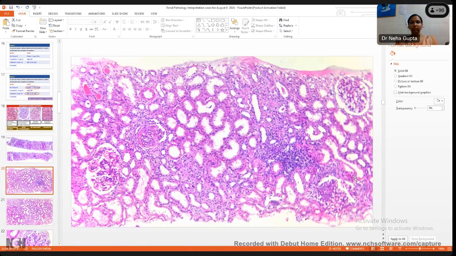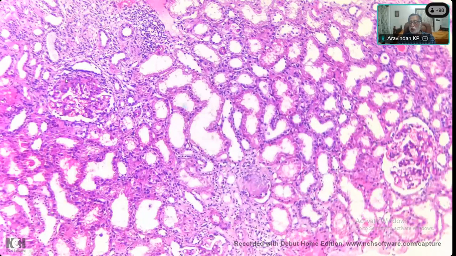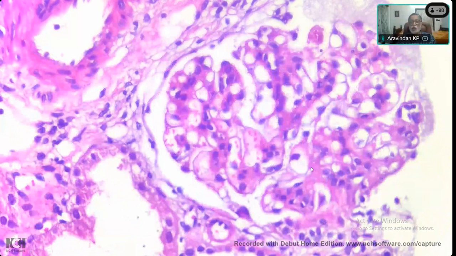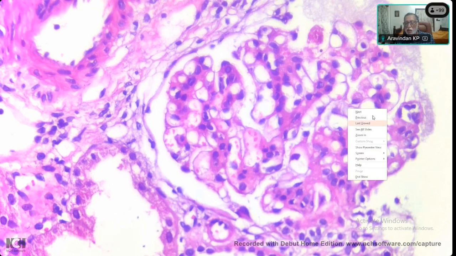Here again you find segmental sclerosis. Yes, sir. Another glomerulus here, and here, one large glomerulus. How do you describe this? So in this glomerulus, we can see capillary loops are patent, and the mesangium shows 4 to 5 mesangial cells, indicating mesangial hypercellularity, and the Bowman space is clear. That's the point. See, this is mesangium here.